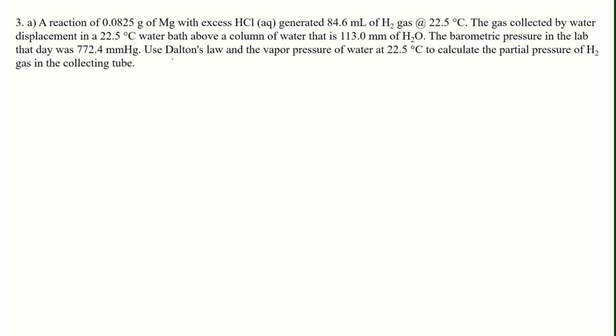So first, let's start with stating Dalton's law of partial pressure. Dalton's law of partial pressure says that the total pressure is equal to all partial pressures, and in our case for this experiment, those pressures consist of the pressure of water vapor plus the pressure of the water column